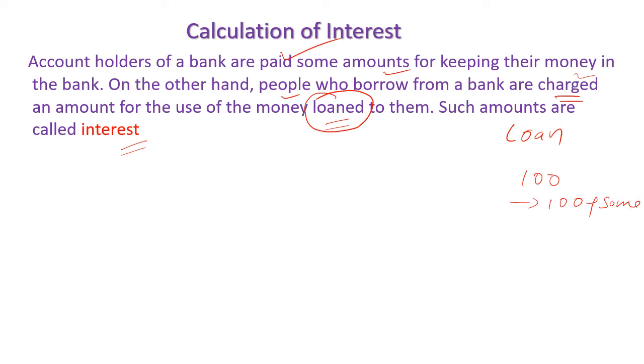It will be in percentage, 8% extra you have to give. The same way, when we deposited 100, the bank said that you will get something extra, which will be between 4% to 6%, whatever they told. So this extra that we are getting, or this extra that the bank is taking from the borrower, both the money taken from the loaned person, as well as the money given to the person who has a saving account,